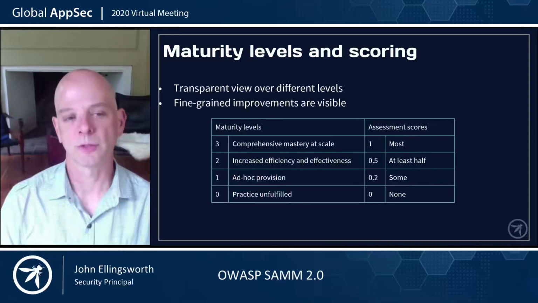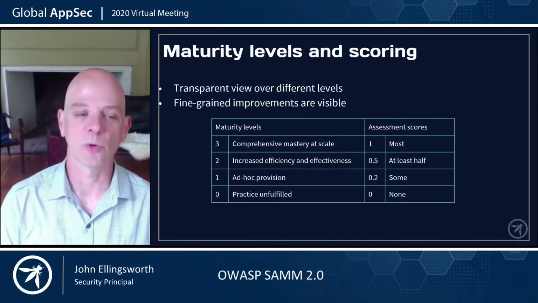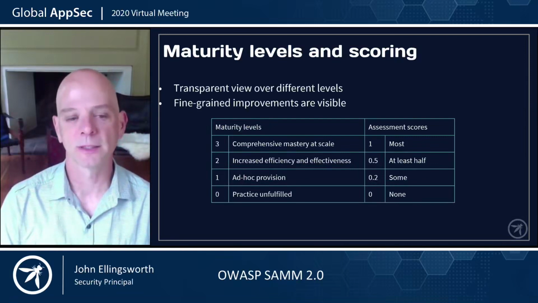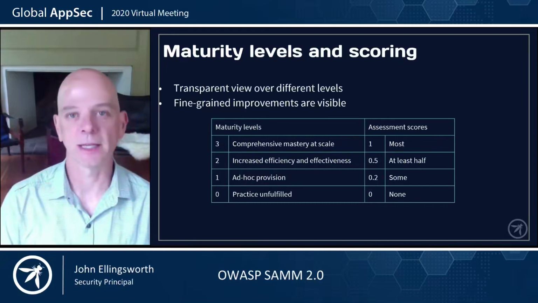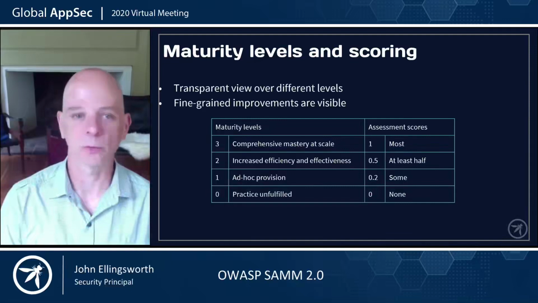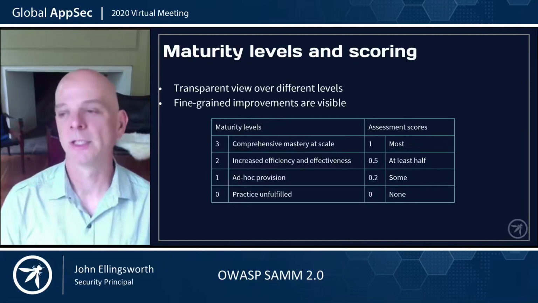So the framework generally provides 3 levels of maturity. There's actually a 4th, if we consider 0, which basically consists of an organization that may not be actually doing anything within a particular activity, and so they're at a level 0. In the case of an organization where teams are doing things at an ad hoc level, they may occasionally do some pen testing. They may have a dynamic scanning tool that they run occasionally. They may do pen testing once or twice in the lifetime of an application, but they're not doing it with